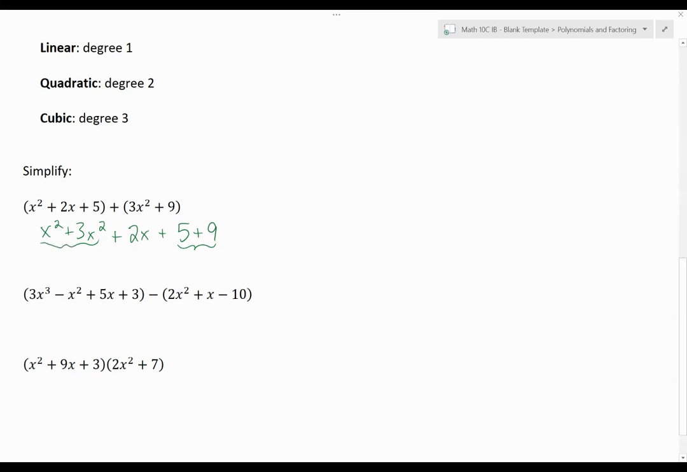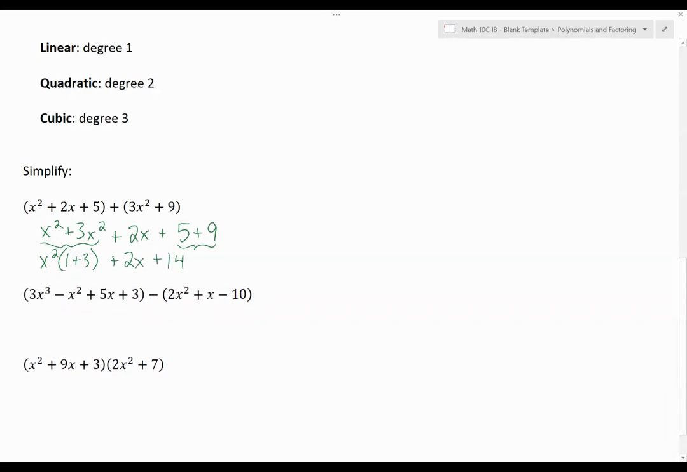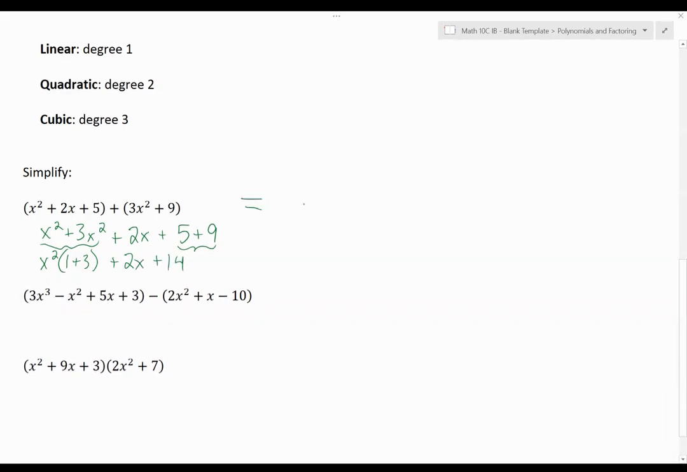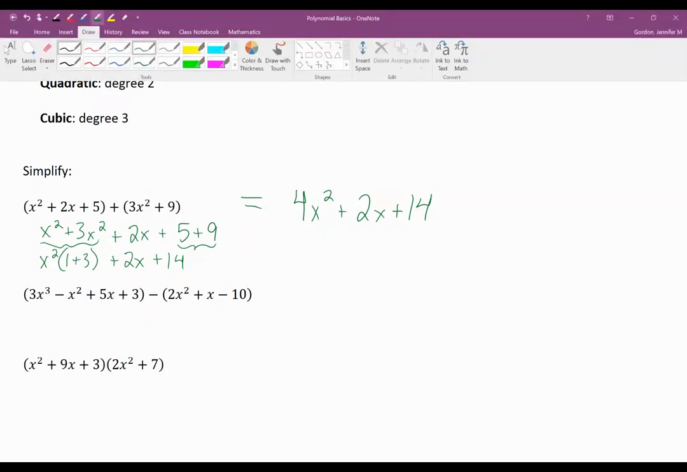These two I can add together by factoring out a common factor. So x squared is common here. If I divide both of those terms by x squared, I'm left with 1 plus 3. Now I'm writing more steps here than I would normally write, but this would then simplify to 4x squared plus 2x plus 14. I can do the same for subtraction, but I do have to remember that subtraction needs to